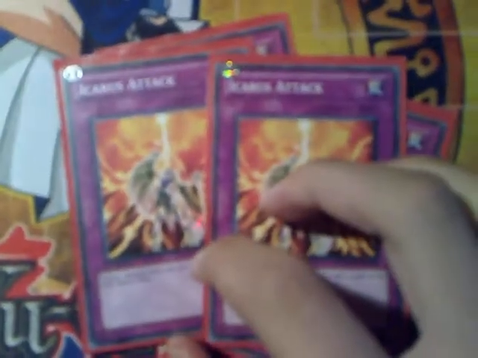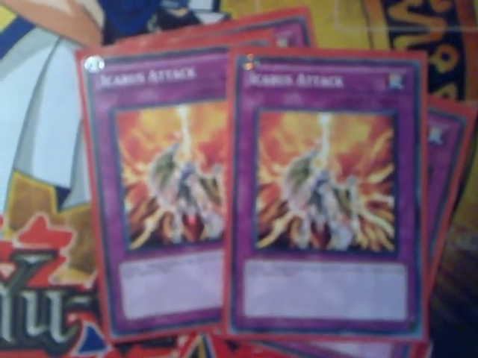2 prisons, 2 Icarus attack. Of course, you're going to need 2 of these because this whole deck is pretty much almost all wing beast types. 2 bottoms, bribe,